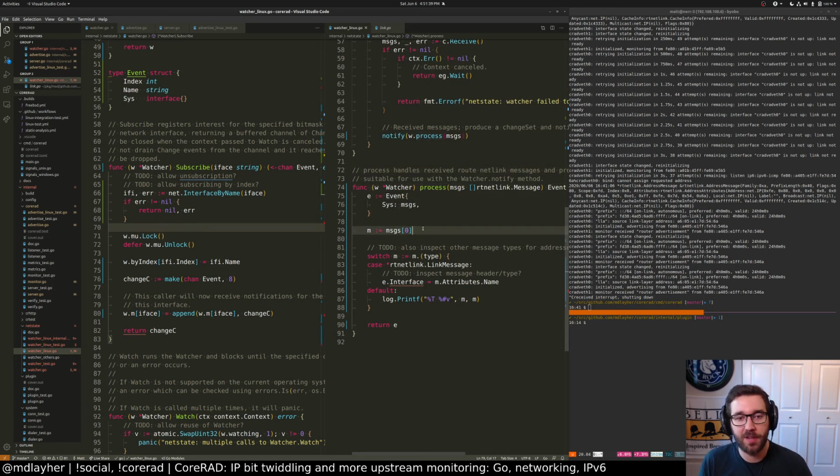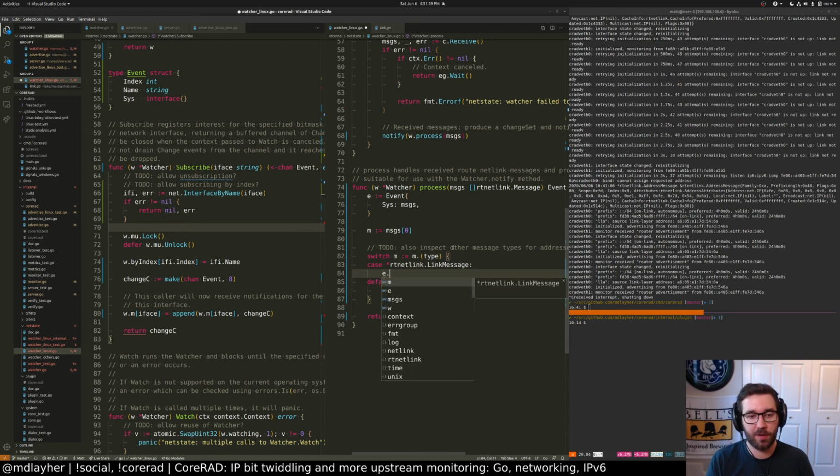So we'll create an event, and then we look at these route netlink messages, and we see where the interface index is, and then use that to infer the rest of the information for the event. So if it's a link message, it will have, in addition to the attribute's name, which is cool, but we don't actually care about it anymore because now we're looking it up externally, we can gather the index from here. So eindex, the index of the event is going to be the m index from the message.